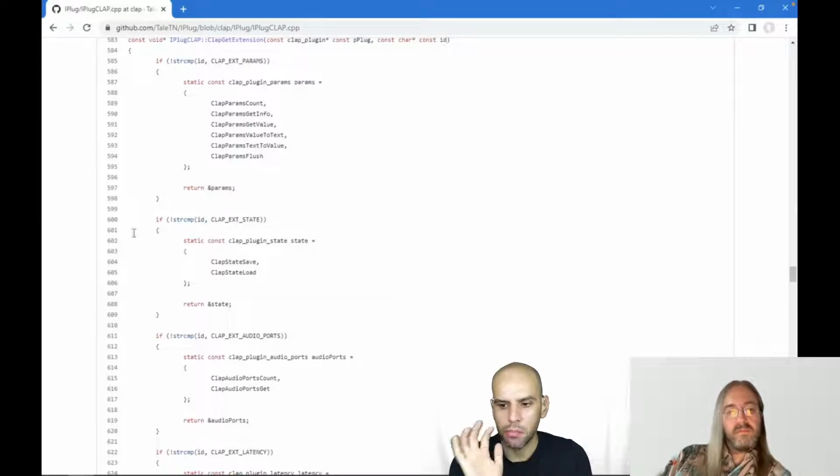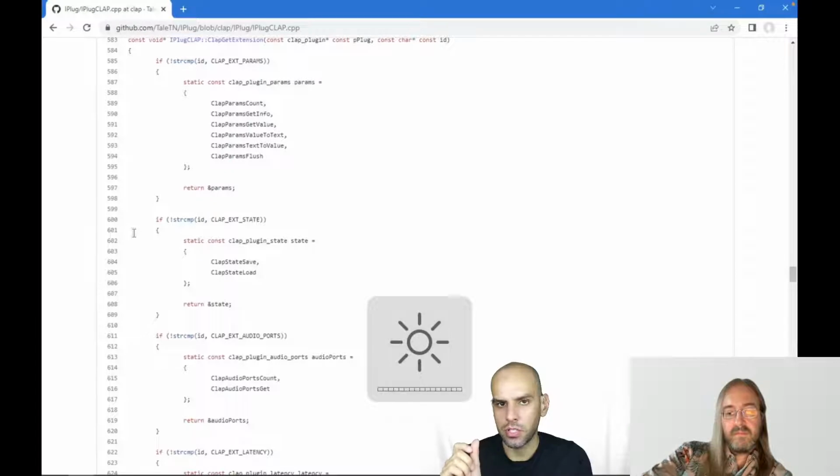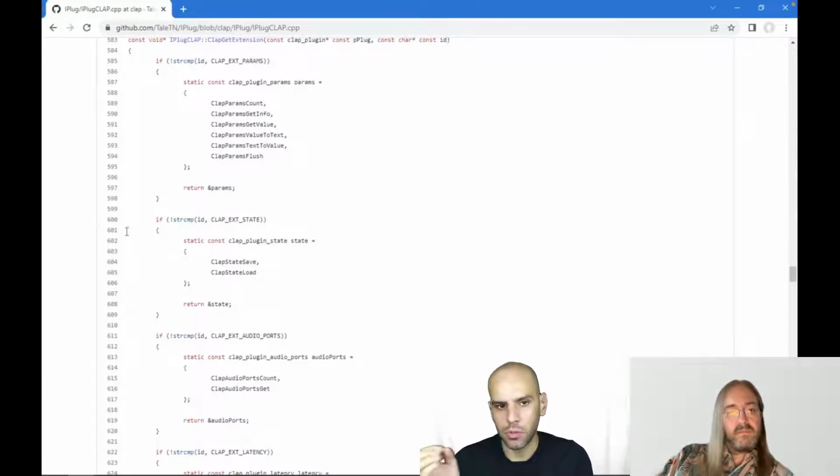When I first saw the boilerplate generated by Juice and the boilerplate generated by iPlug 2, I really liked what I saw in iPlug 2 because I didn't have to understand right away, from the get-go, from having created a new project, the notion of different programs or presets, the notion of enabling or disabling MIDI, and the notion of different buses with different channels in them. All of those things that you get when you create a Juice project are not there in iPlug, and I like that. And of course, as you learn more about these things, you can add them.